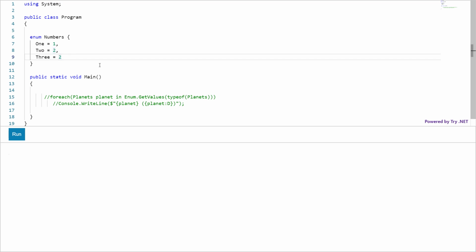Let's see another example. For element 3, instead of assigning a value 2, I can use the computed values of 1 and 2 to generate the value of 3.